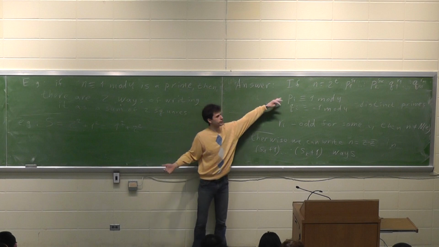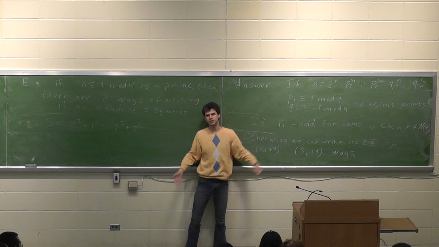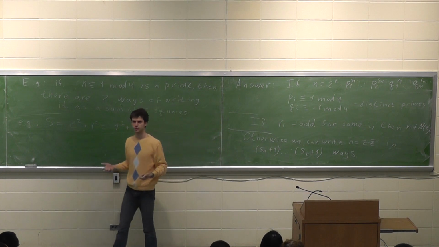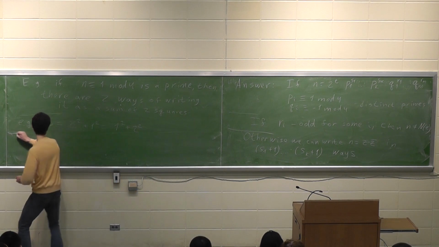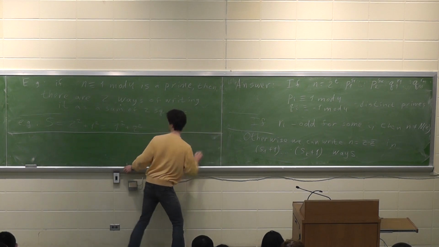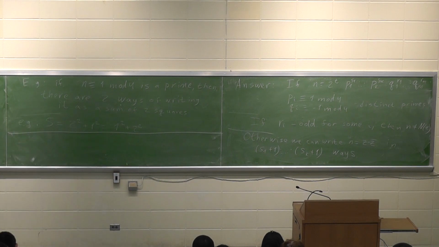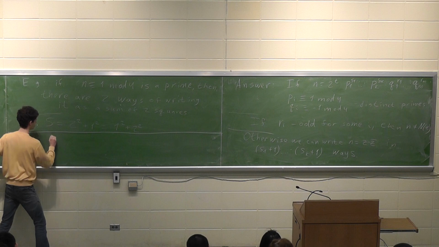And more generally, if you have any number, you can decide in how many ways you can write it as a sum of two squares. So maybe let me formulate the answer to another question, the number of integer